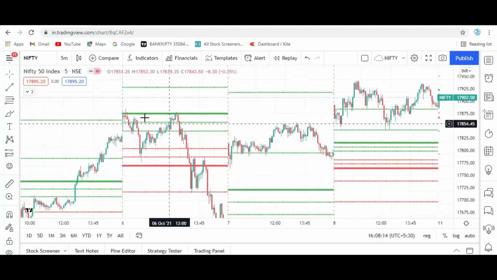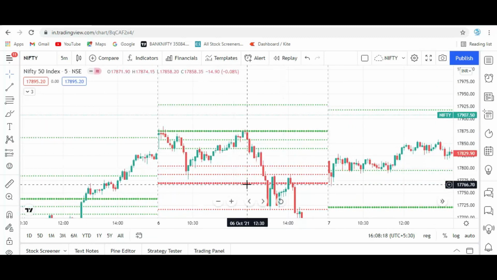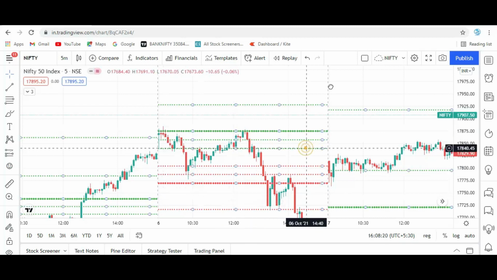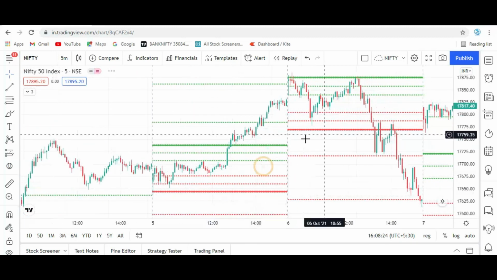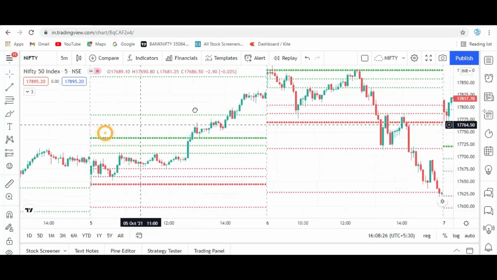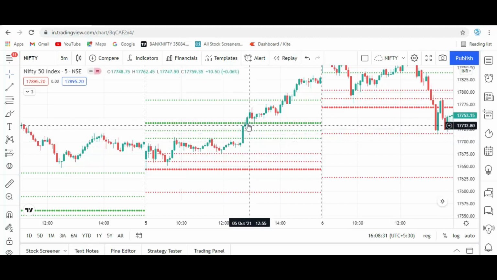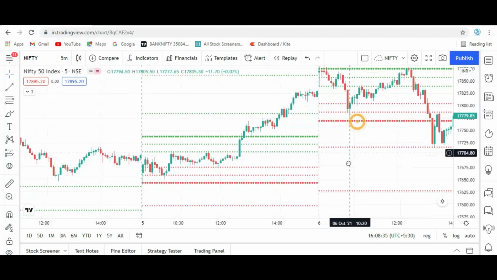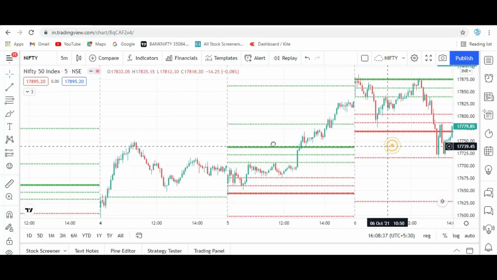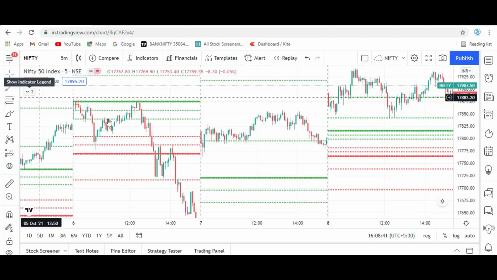This is the H3. See the reversal. This is the H3. This is the L3. See how the movement is. See, the first candle opens at L3, then it goes up to H3. The H3 is broken out, then it becomes a long uptrend. The H3 and L3 are the main important things for day trading.